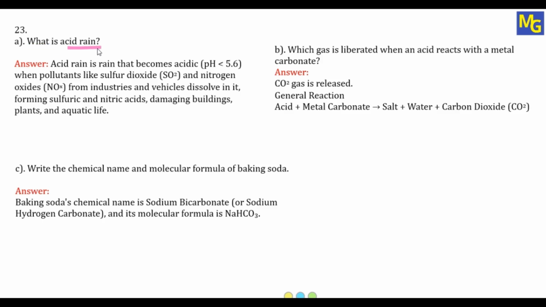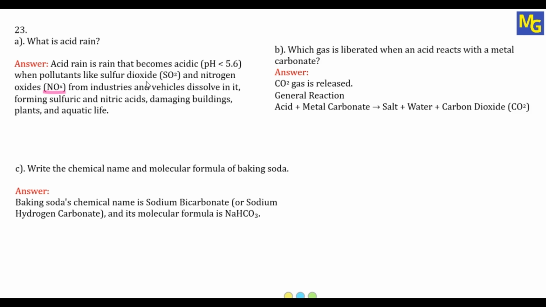What is acid rain? So we have to write what is acid rain. So answer, acid rain is a rain that becomes acidic. What is acidic? Acidic means the one which has pH less than 7. Especially for rain, if the pH is less than 5.6, then it is called acid rain. When pollutants like sulfur dioxide and